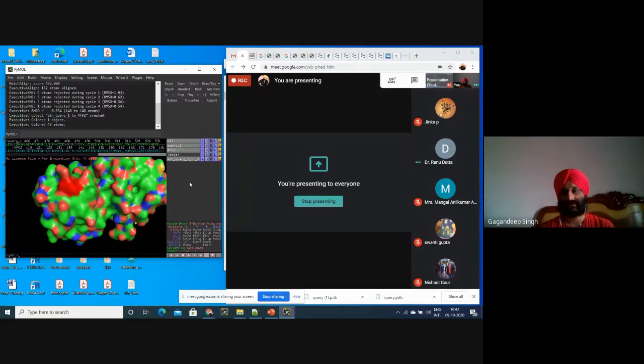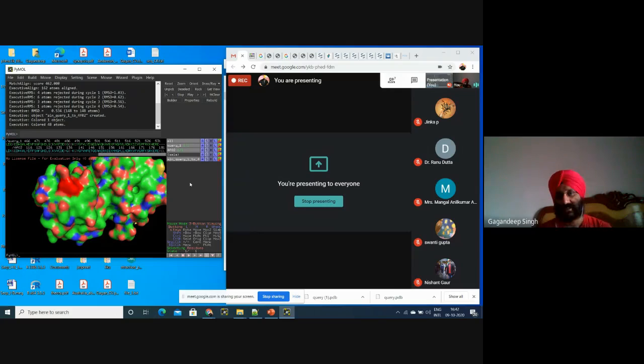There are some other servers as well, but I think homology modeling is the best part of structural biology, and we should go for this only, because in any publication, any paper related to in silico structural biology or bioinformatics, there is only one method, which is homology modeling. So perform this homology modeling on the basis of the CPH models and FIRE2, either by using Modeler. Modeler is remaining, that we'll do in our next class, and after Modeler we'll do some MD simulation.